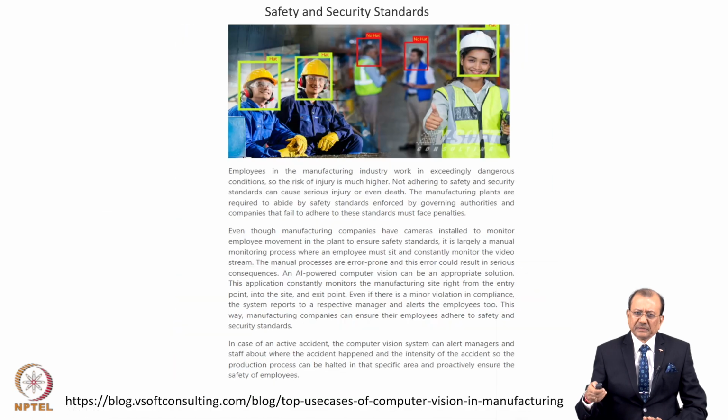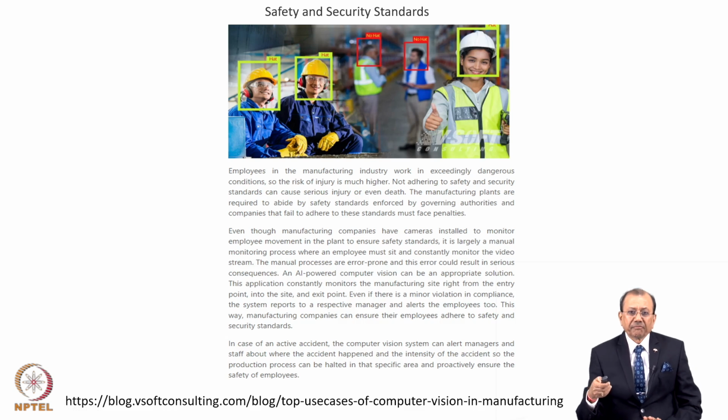This is a different use of computer vision in the case of safety on the field, personal safety in the field, where a computer vision camera can figure out where the staff is, and whether they are wearing all safety gadgets correctly or not. If they are not wearing the safety gadgets, then an alarm is generated to the control room that so and so staff has entered this area, and they are not wearing the required safety glasses or safety helmets, etc.